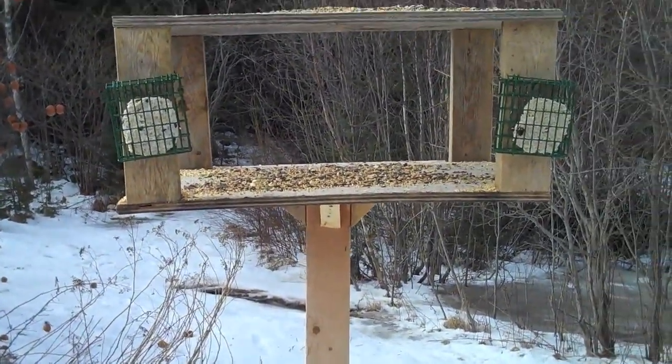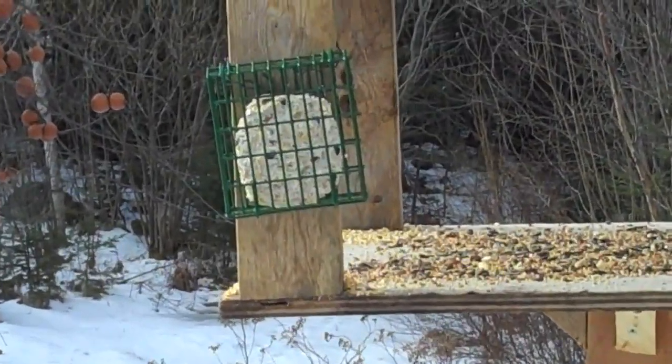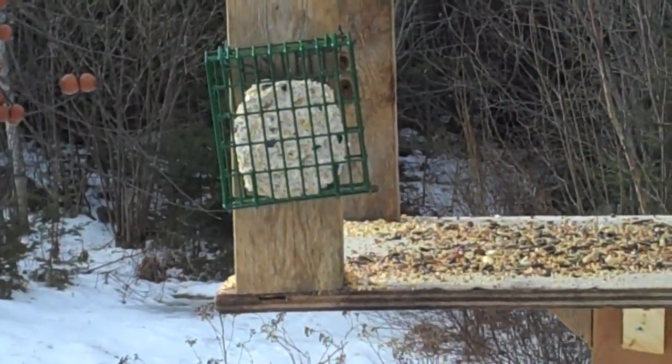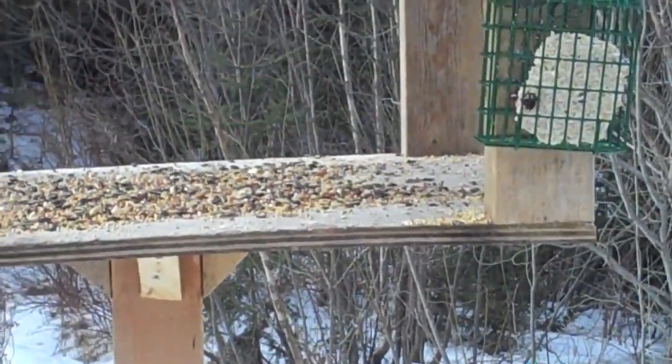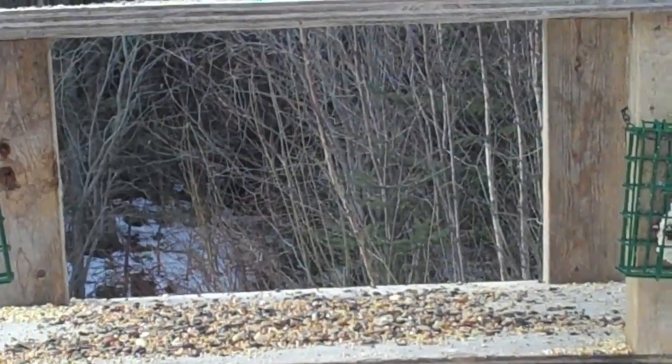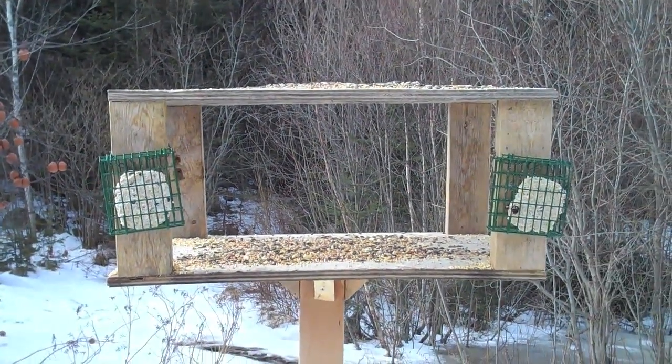But what I'm about to do is make my own suet cakes. These things on the side here are suet cake holders, and those two cakes are store-bought ones that are in it now. I've thought various times in the past about making my own and never did bother to look into it, but